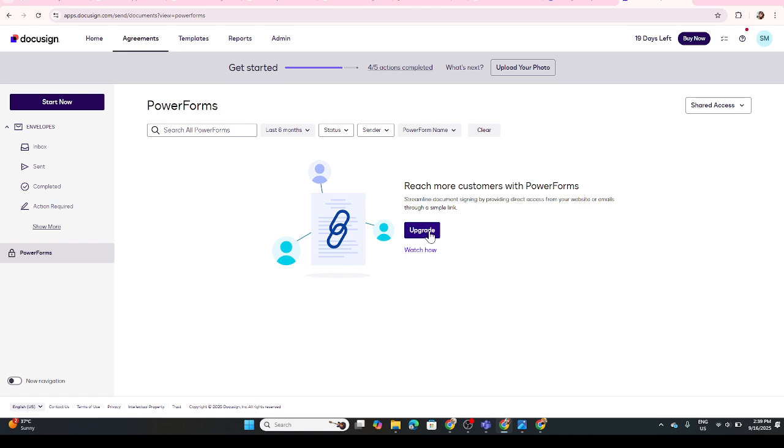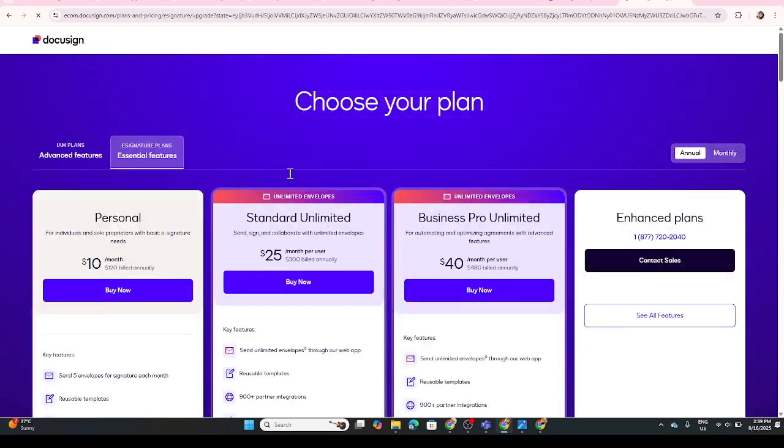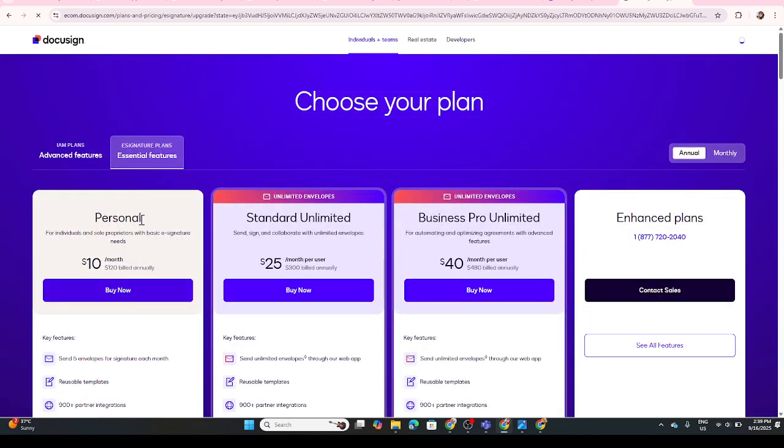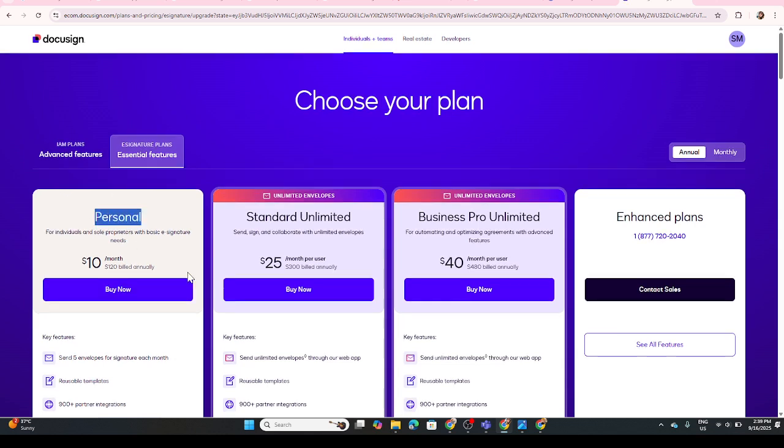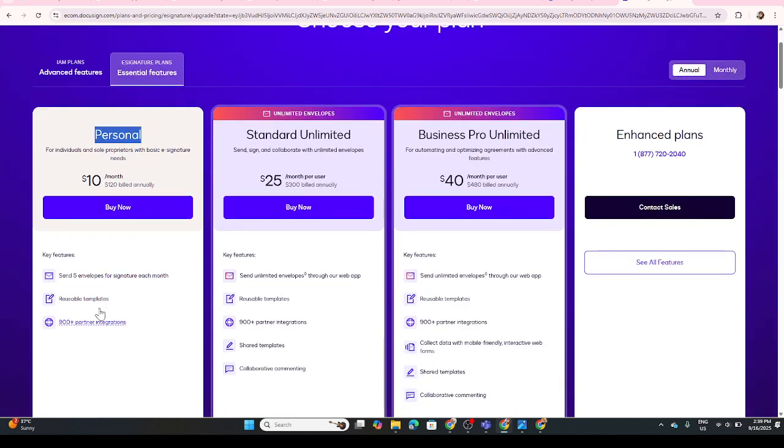If you don't see the PowerForms section, don't worry, you might need to upgrade your account, which brings us to our next step. Locate the upgrade option and give it a click. Here, DocuSign provides several plans tailored to different needs. For personal use, the personal plan might suffice, but if you're frequently dealing with a significant number of documents, consider